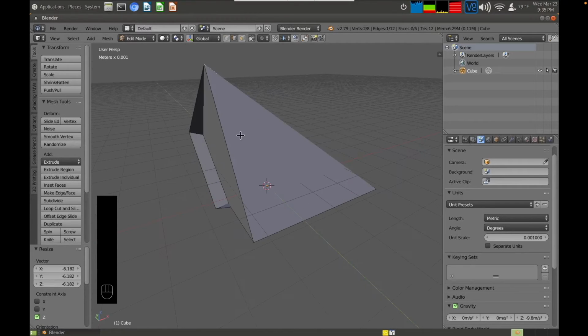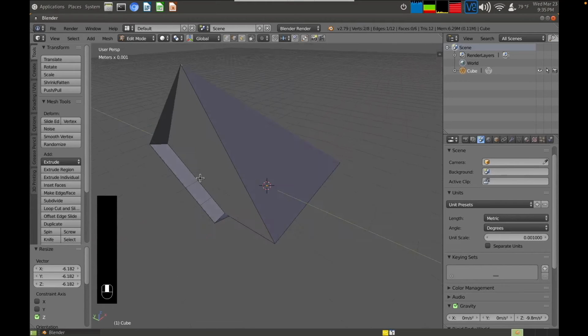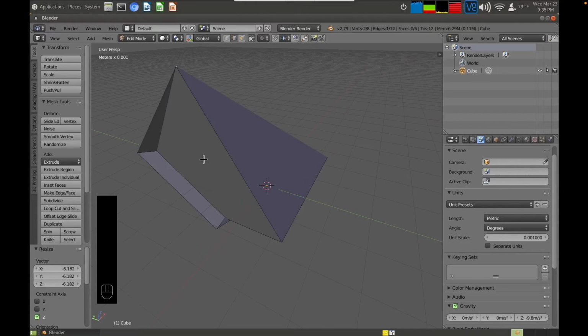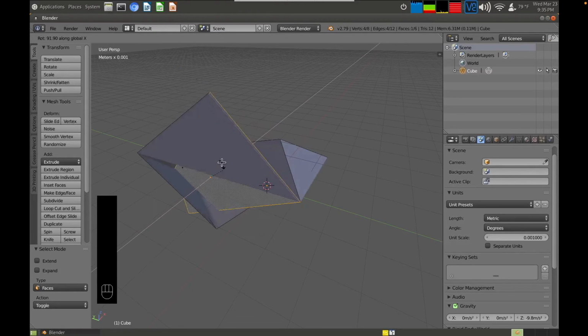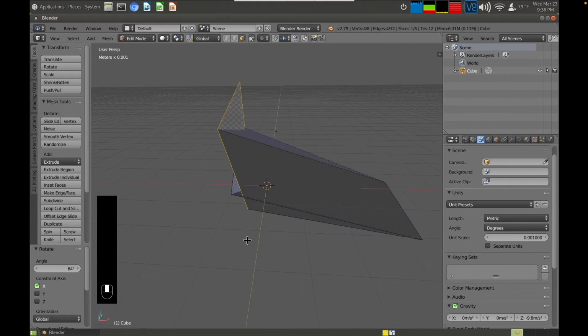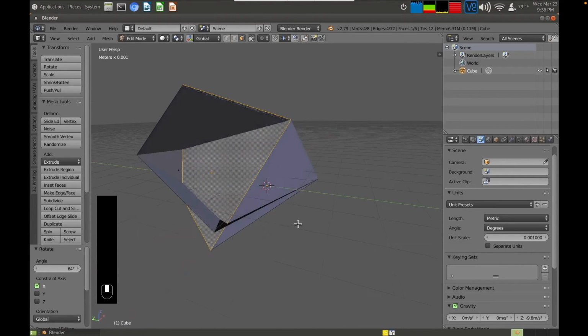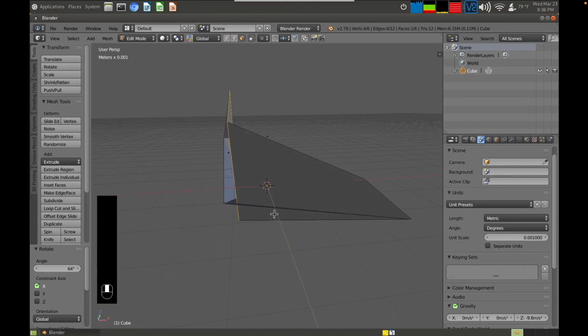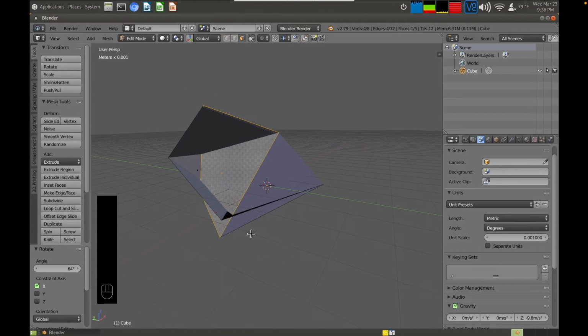And of course we can rotate as well, individual faces, vertices, or edges. So I'm going to move over here, press Control Tab for face selection, select this face, and rotate on the x-axis. You can see I'm folding the shape in on itself. This doesn't look like anything recognizable, but I just wanted to show you that you can transform the shape into something very different, even when you start with something as simple as a cube